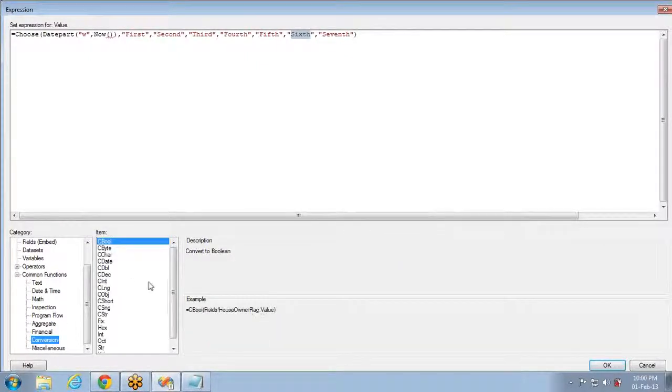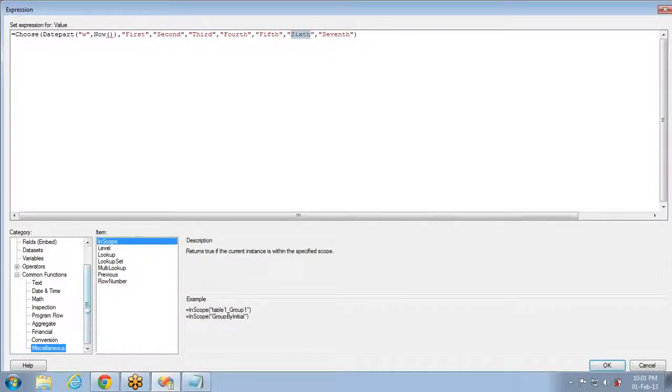And conversion, this is a useful one. Convert to Boolean. You can convert one data type value to another data type. See date. You have seen this already in date functions. So you can convert a value to a date, any textual column which has date format values, to a date column. In the same way, convert to short value, convert to string value, convert to single value, and convert to double value, convert to decimal value, and so on. You can convert one format or one data type to another data type.